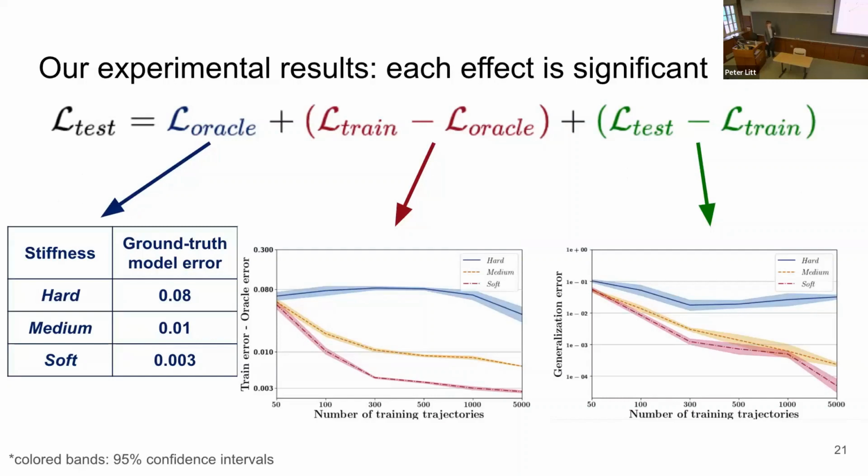It's particularly important to note that the training suboptimality and generalization error can be as large or larger than the oracle model error. So it's not simply the fact that the data is noisy; there is something significant going on in our training process that isn't as good as it could be. One of the most concerning things that we note in terms of the generalization error, the extrapolation shown on the right, is that even over a large increase in calibration data, we do not see a significant decreasing trend in that error.